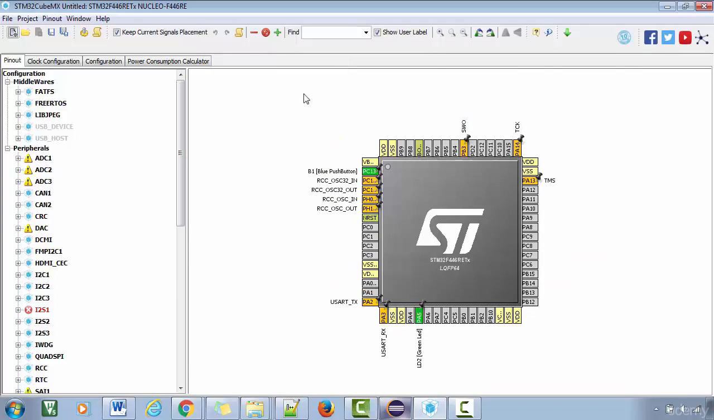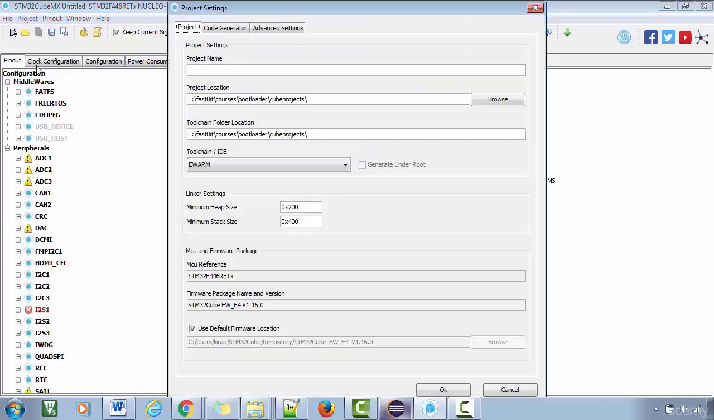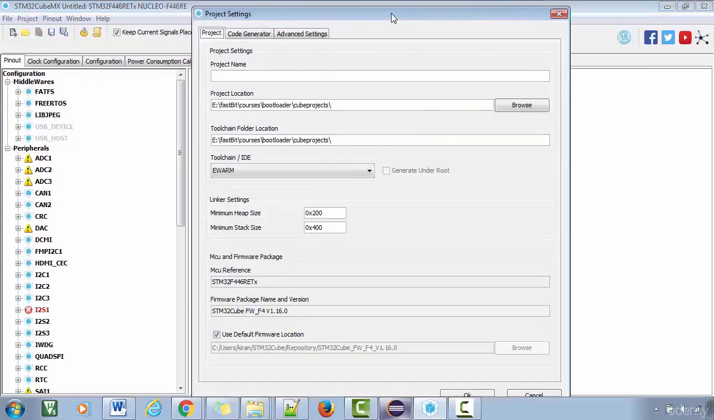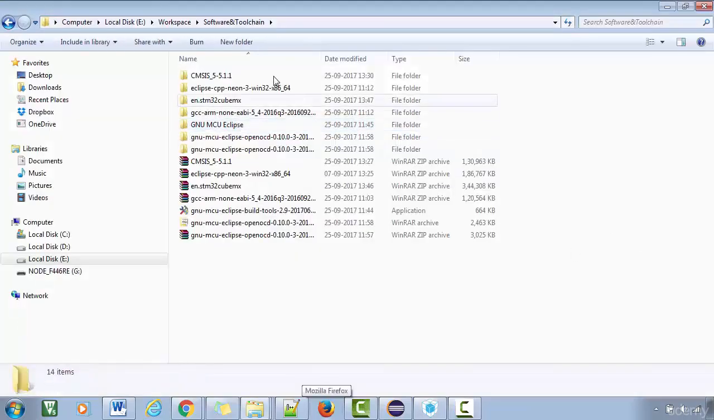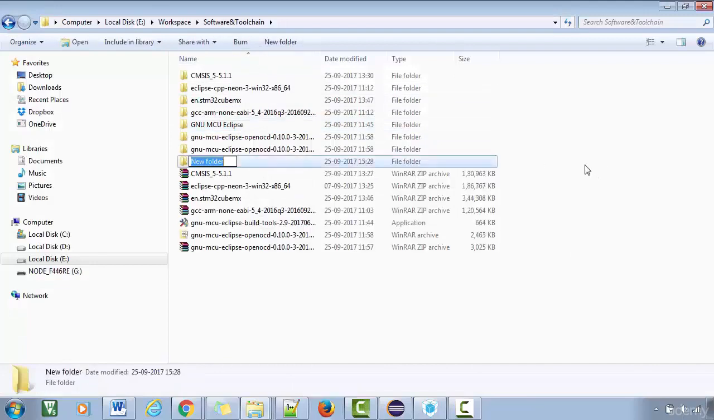For that, go to project and click on settings. Here just give a name for your project. So now let me just give a name. I'll just give demo project. So just create one project, demo project. And the project location: we'll choose from here, our workspace. In my workspace I'll just create one folder called